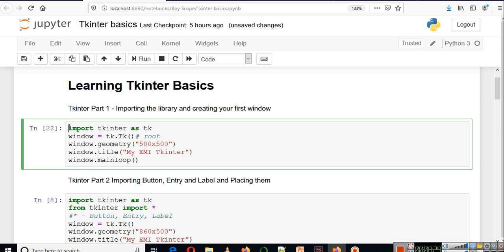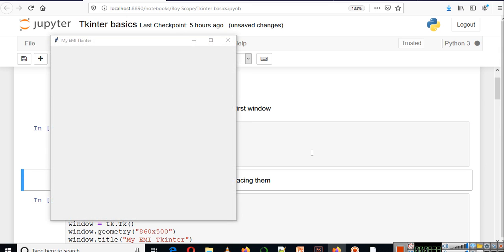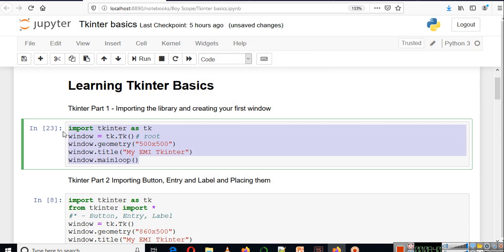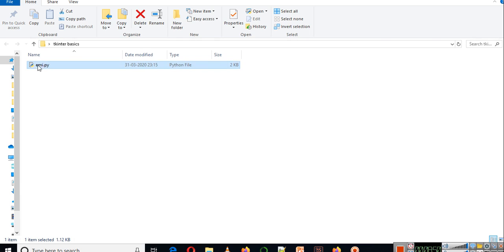To run this particular block of code, I have selected this block and I can hit run, and this will create a GUI window for us. We can save this much code as a py file, and it will create an executable file like this.